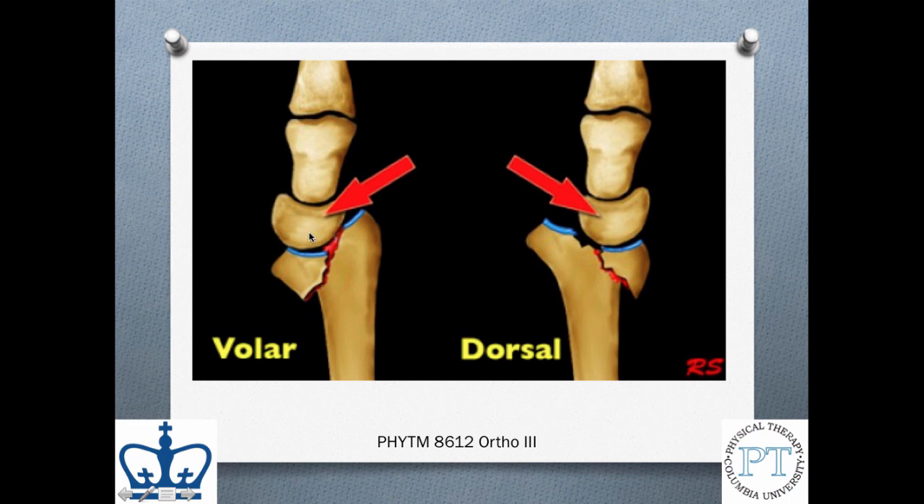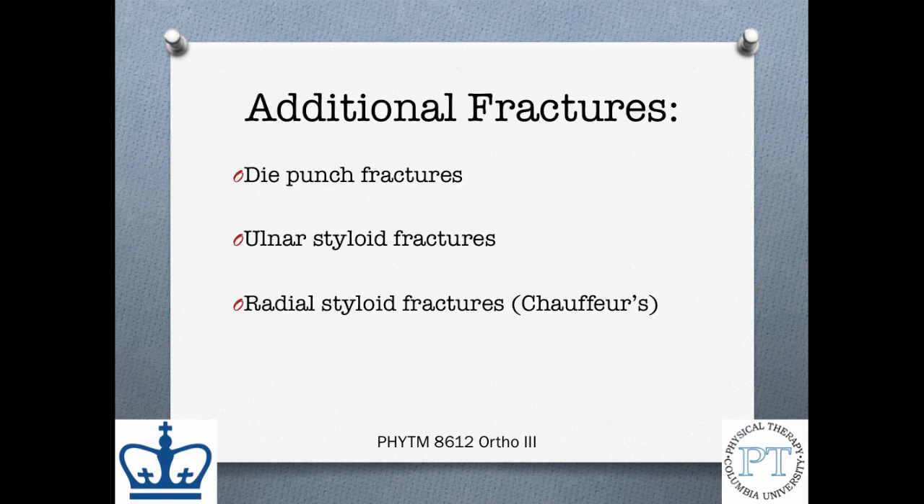What are some additional fractures? We have a die punch fracture, which is a depression fracture of the lunate fossa of the distal radius. An ulnar styloid fracture. An ulnar styloid process fracture is usually associated with radial fractures, and they're rarely isolated. So an isolated fracture of the tip is clinically insignificant. Displaced fractures of the base are usually associated with TFCC tears and can be associated with instability of the distal